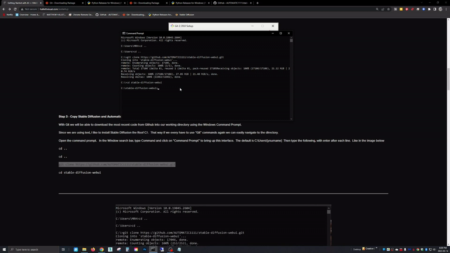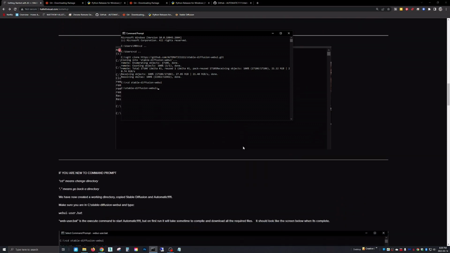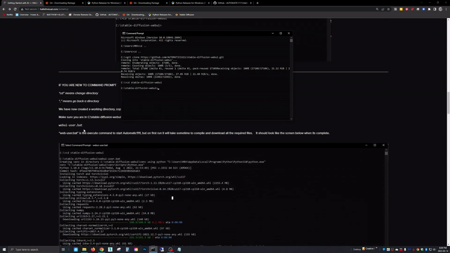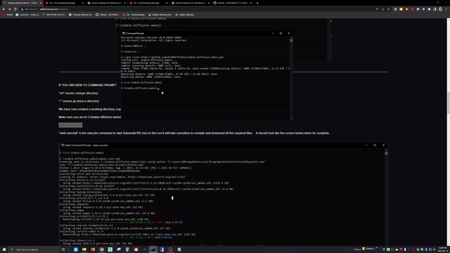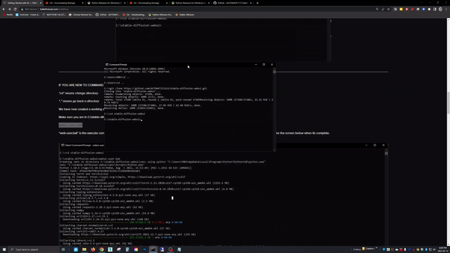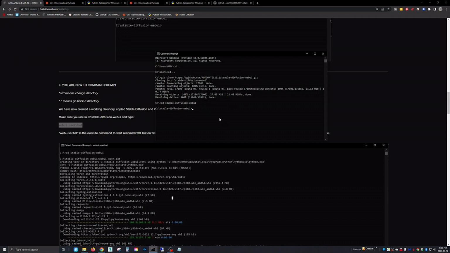All right, so we cd into that directory, and now we're going to run Stable Diffusion for the first time. And that command is here, webui-user.bat. So Command C, Command V back on our command prompt. I hope there's not too much text on the screen here, depending on your resolution. Enter. And so when we run it the first time,